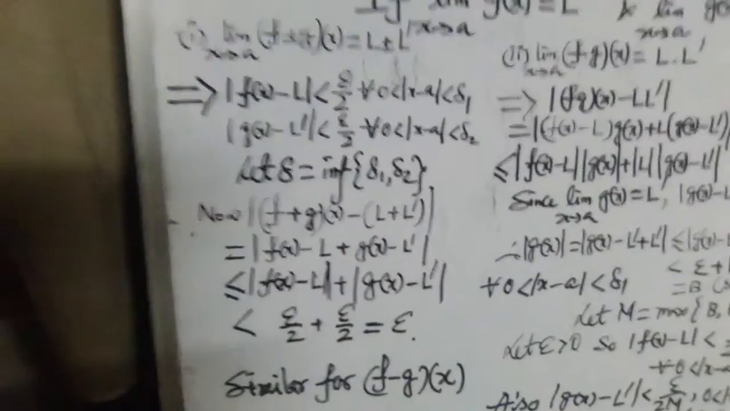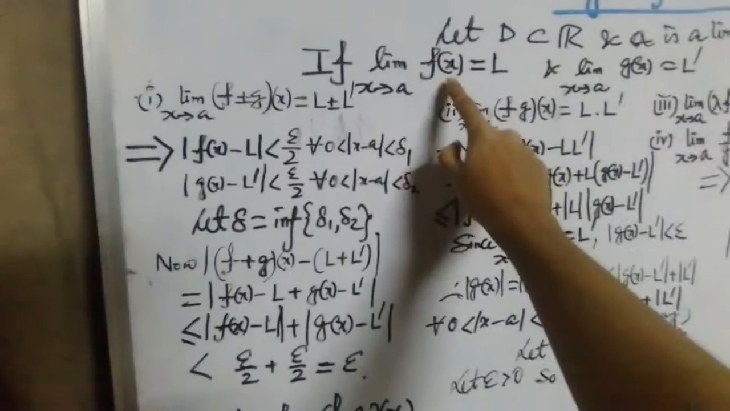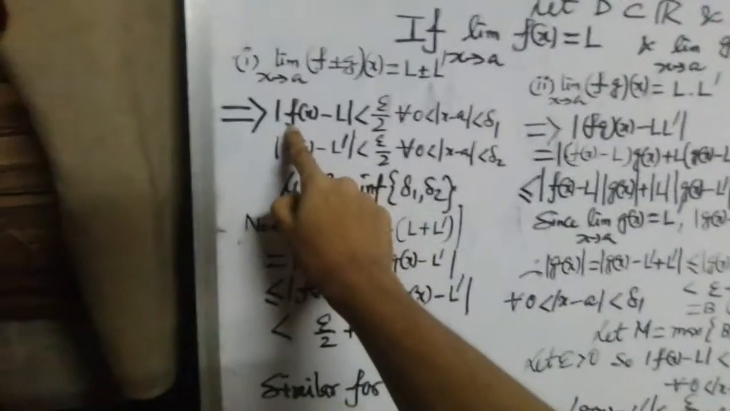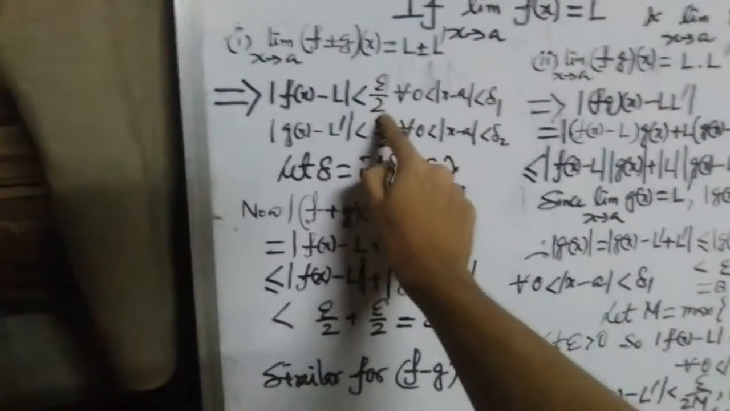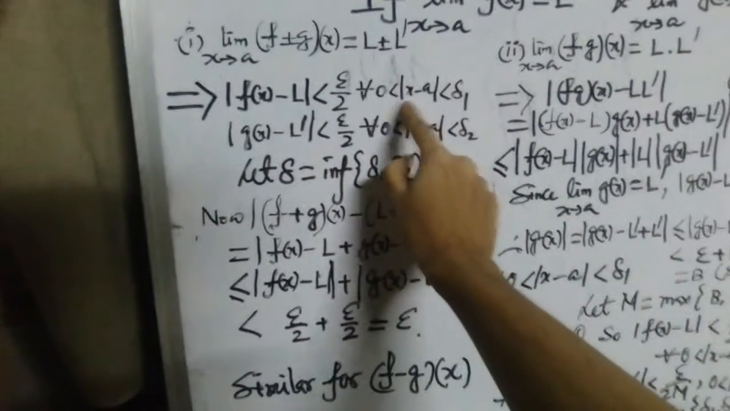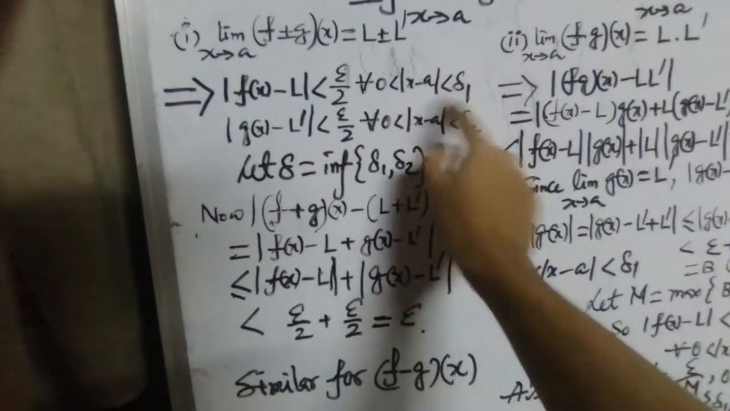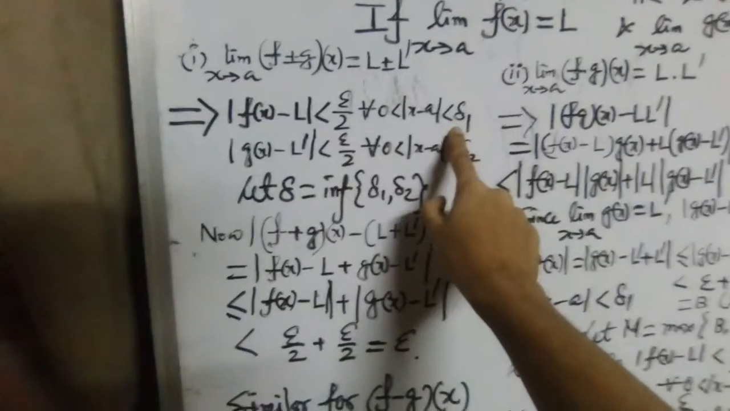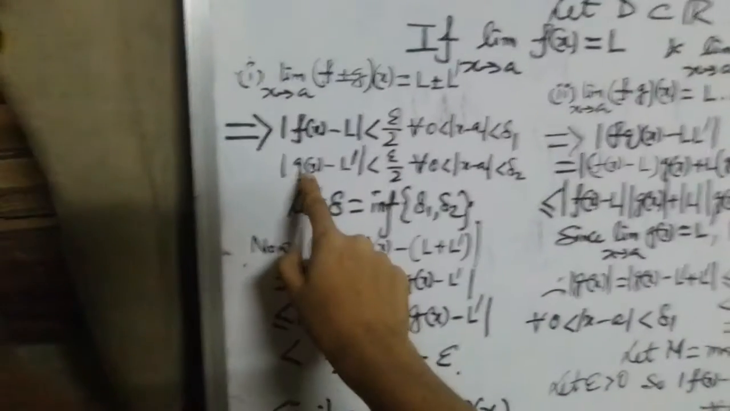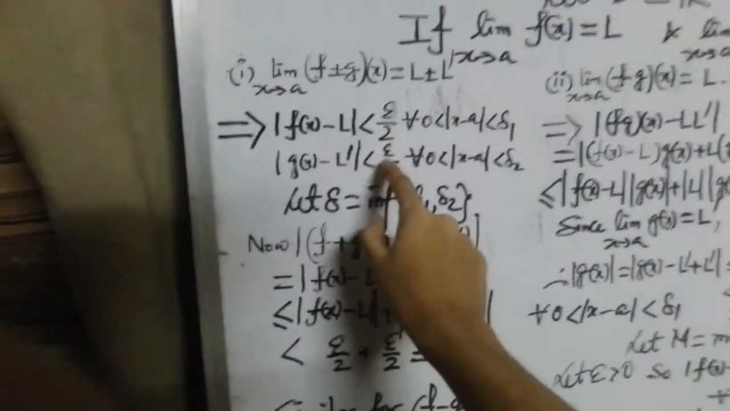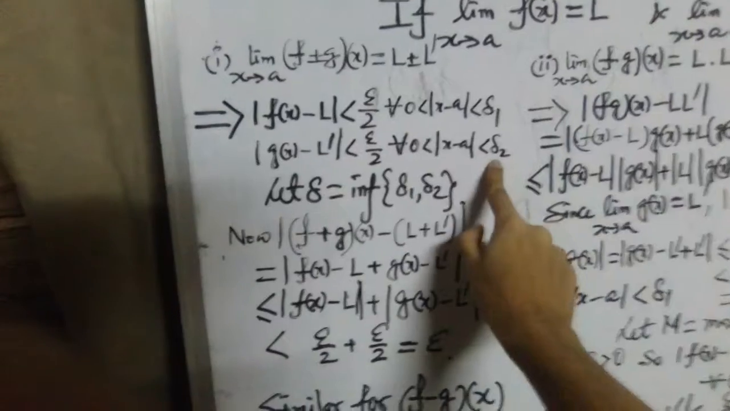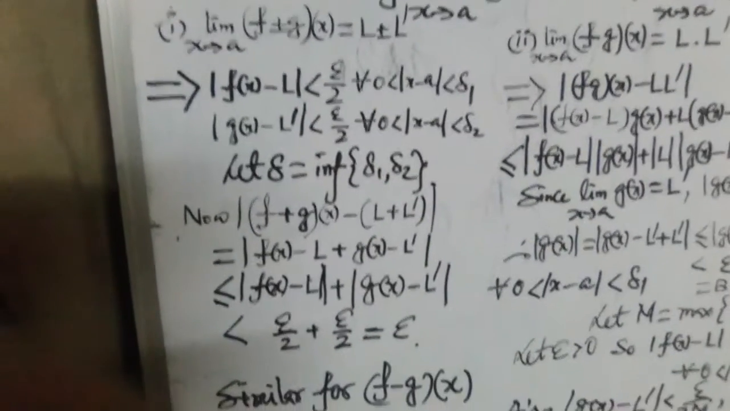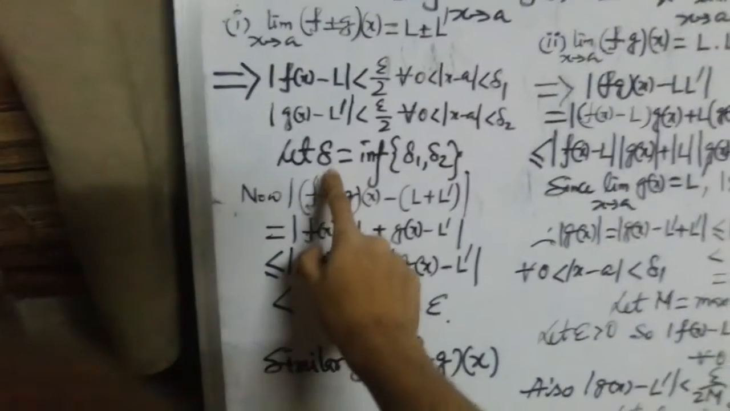So how can we prove that? Since the limit of f(x) is L, the difference |f(x) minus L| is less than epsilon by 2 for all 0 less than |x minus a| less than some delta 1. That means for given positive epsilon, there exists some positive delta 1. Similarly, |g(x) minus L prime| is less than epsilon by 2 for some delta 2. Now, we can choose delta as the minimum of delta 1 and delta 2. Then,